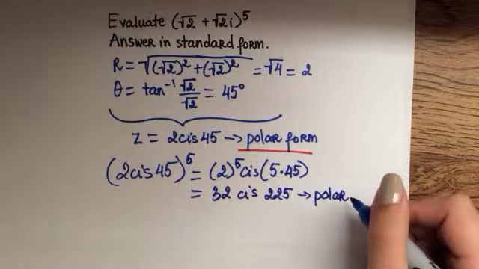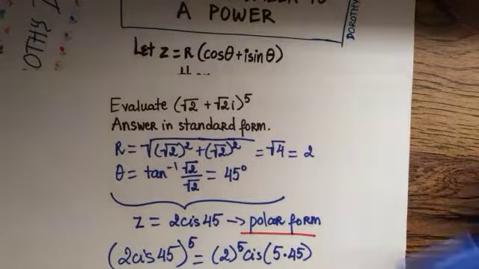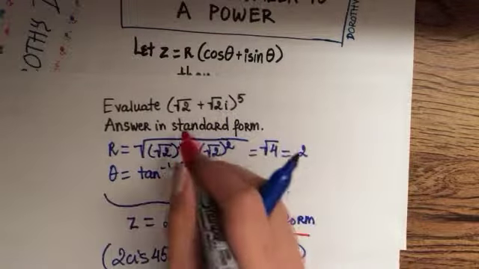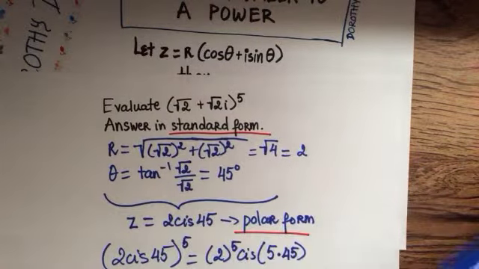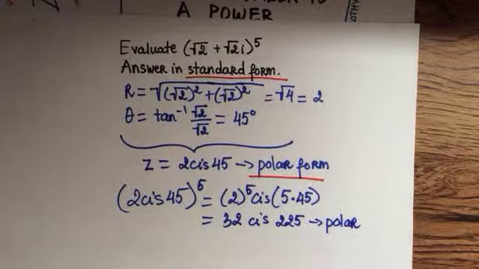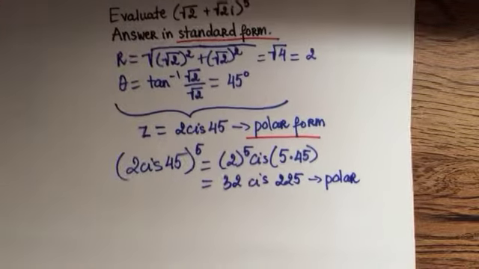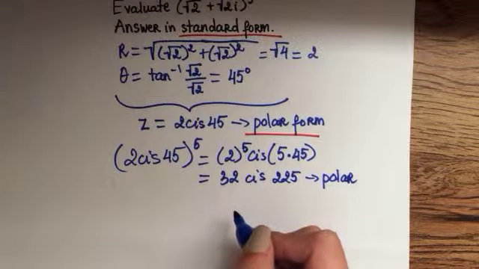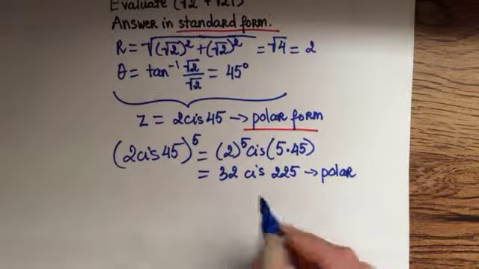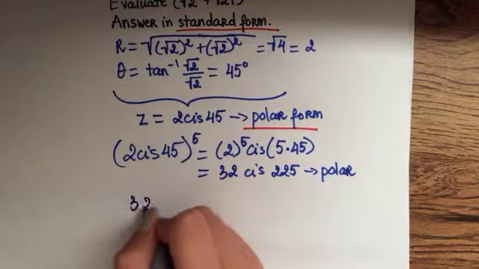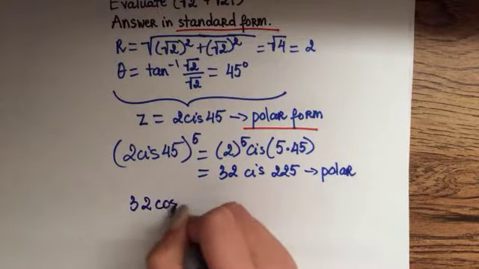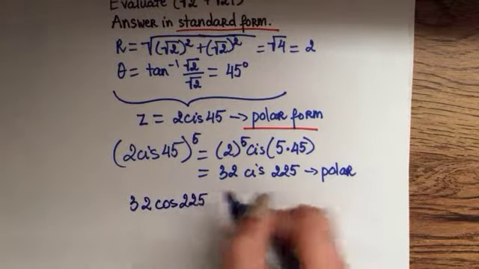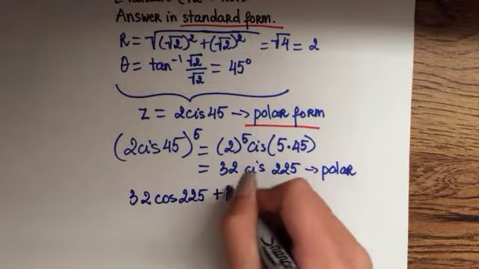But the question was asking you to put it into standard form, so now we have to translate into standard form. It's not that hard. You take your formula out, so you're going to have 32 cosine 225 plus i